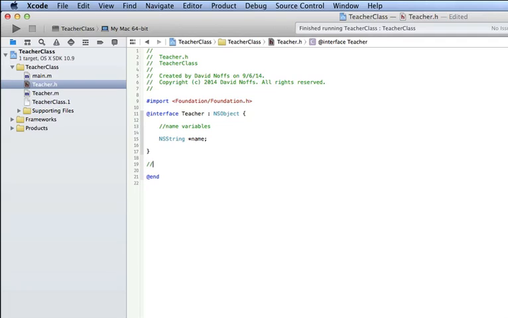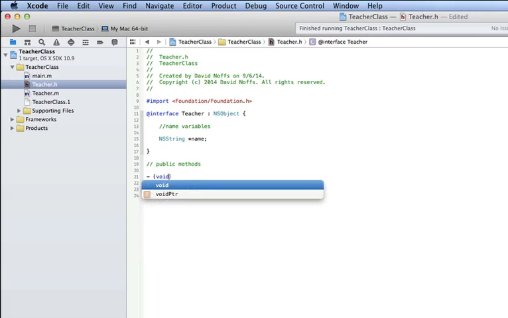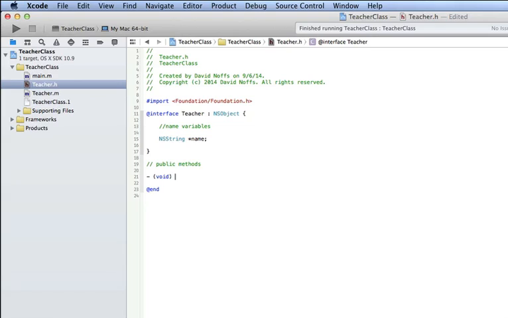And then I'm going to declare some public methods down here that can be called for our teacher class. And surprisingly, the first one is going to be void, which means we're not returning anything. And it's going to be called teach. So the teacher class, one of the things that it can do is teach. It teaches, and then one other method here is going to be